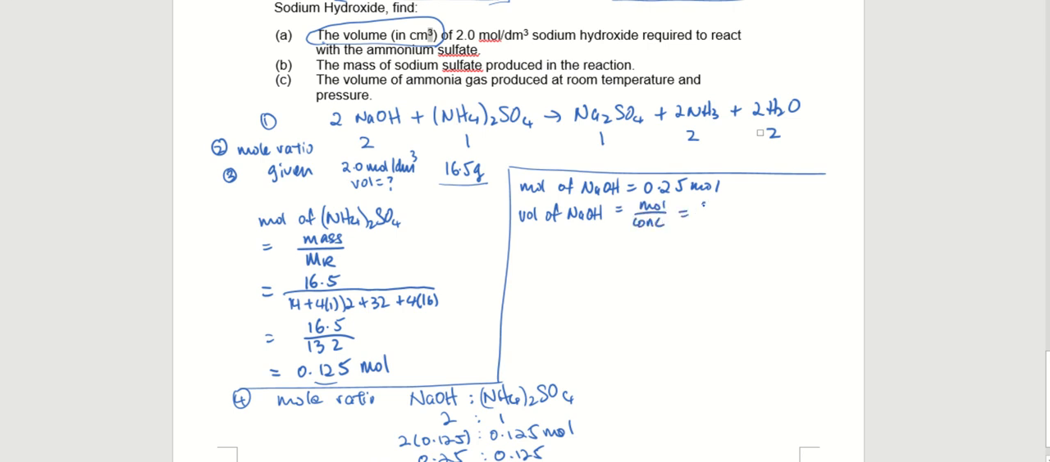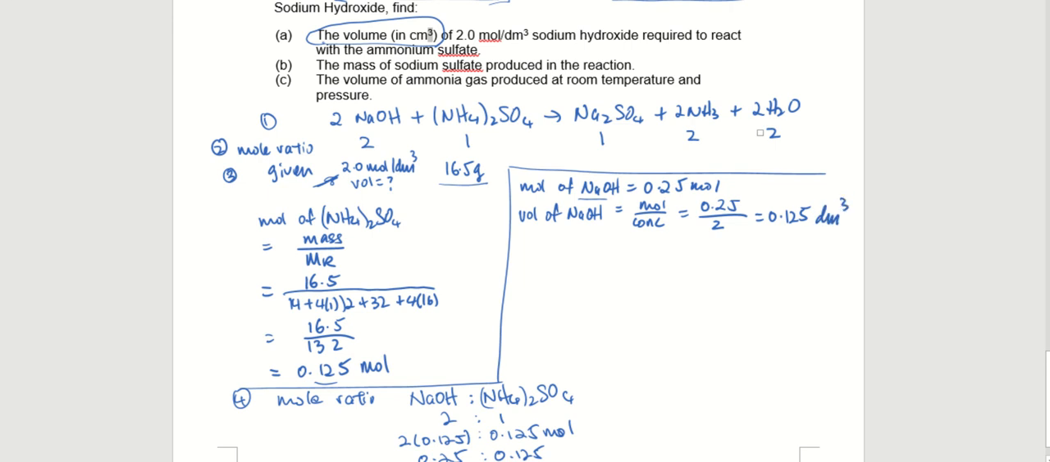Now we know that there is 0.25 mole of sodium hydroxide formed, which is here. I'm sorry, 0.25 mole, not 0.125, divided by the concentration, which was given to be 2 mole per dm cube. So this is 2, so this is 0.125. Now we are talking about volume, and we've been using dm cube, so this volume is actually in dm